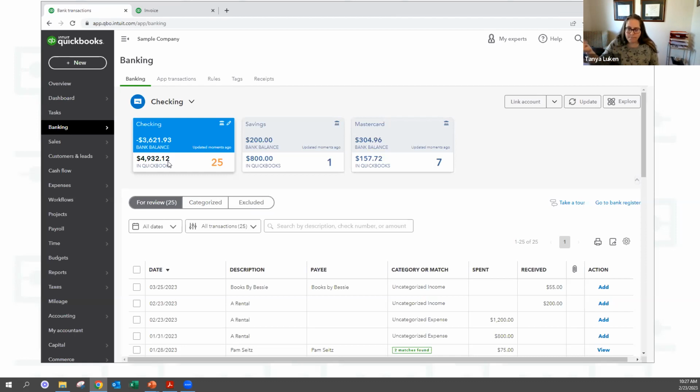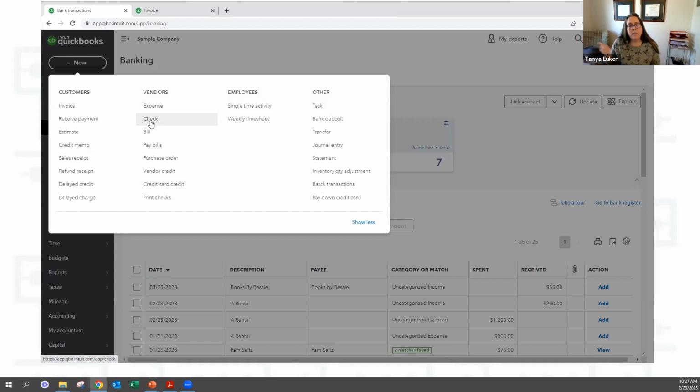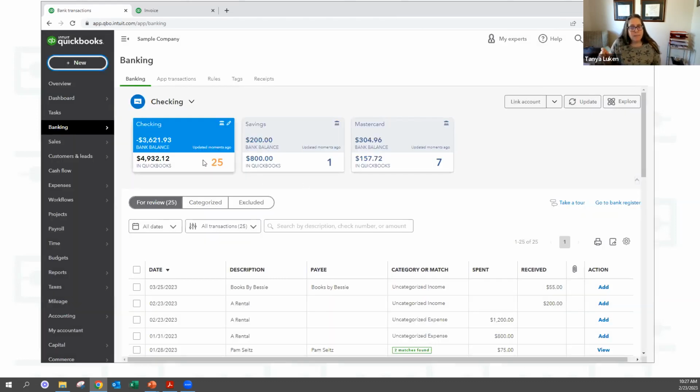So in your QuickBooks, for example, if you're diligent about your accounting, you would go home that night and you would go to the plus new button and you would add a check for what you paid me for the $500. And that would create a difference between what QuickBooks is showing you have for a balance and what the bank is showing. Because if that was the only transaction that was different, then our QuickBooks balance would be $500 less than what our bank balance is.